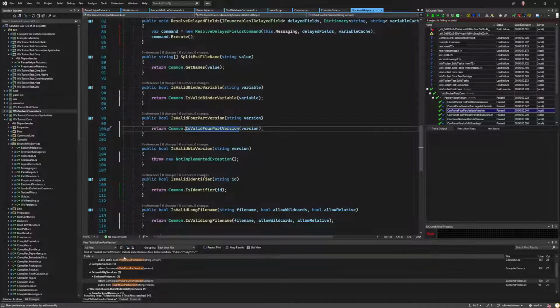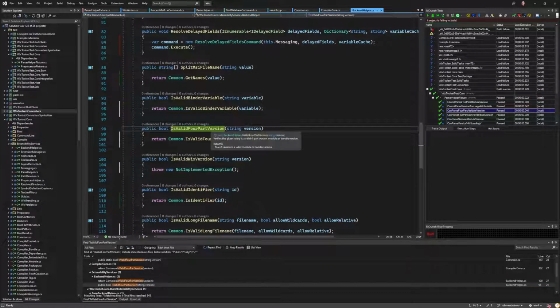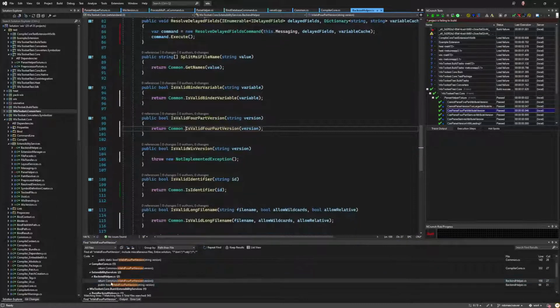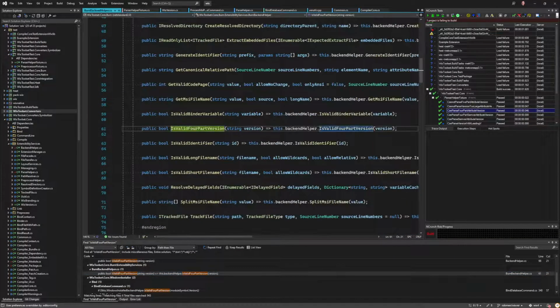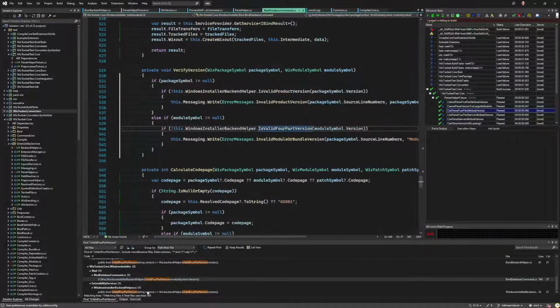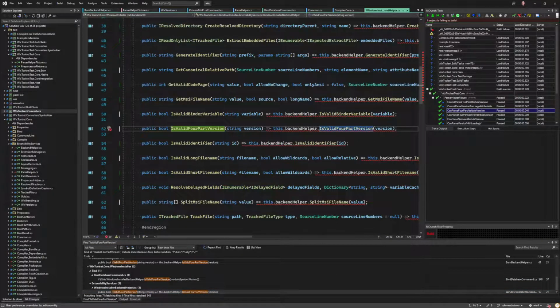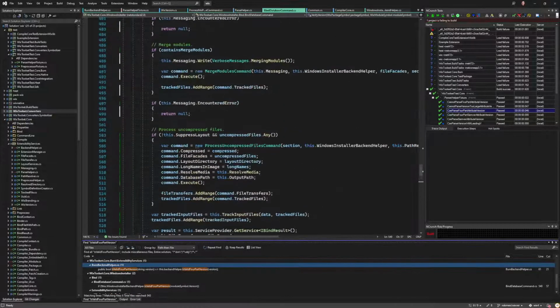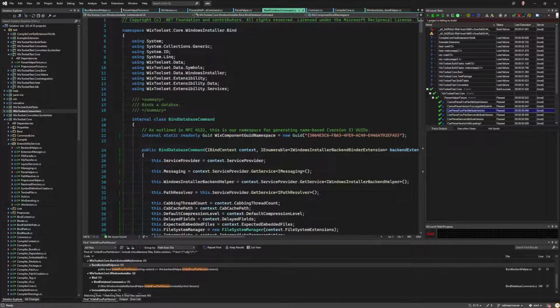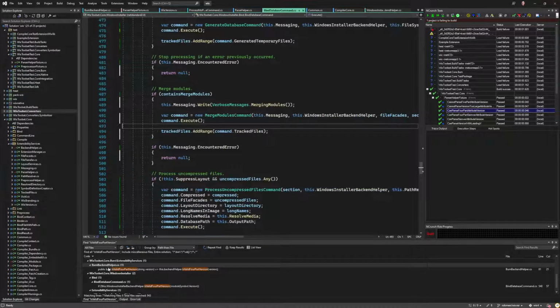This is in the backend helper. All right, that's using our common isValid4PartVersion. There's two of them. Wait. Oh, that's the. Oh, sorry. Found the calls there. And the Burn backend helper has exposed it. All right, that's a pass through. And the Windows installer backend helper. Right. So these guys implement all the backend helpers. So there's a Windows installer specific backend helper and a Burn specific backend helper. And if we look at these guys real quick, we will see, oh, that's not